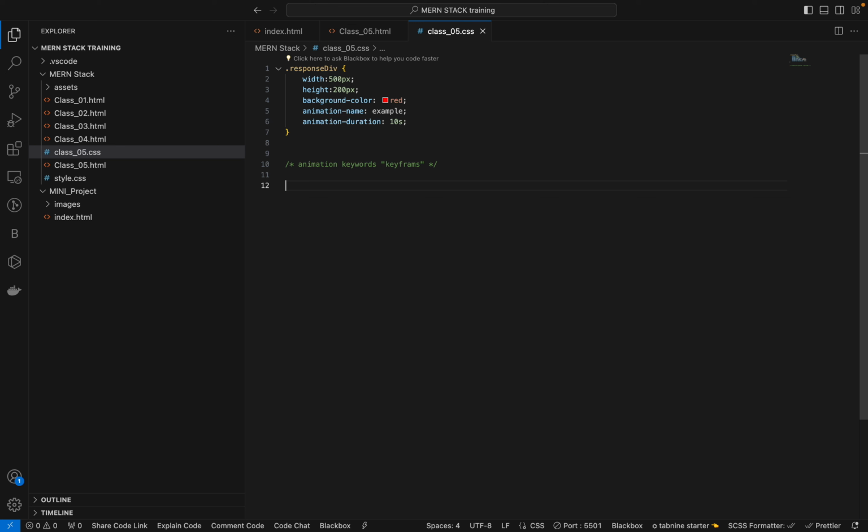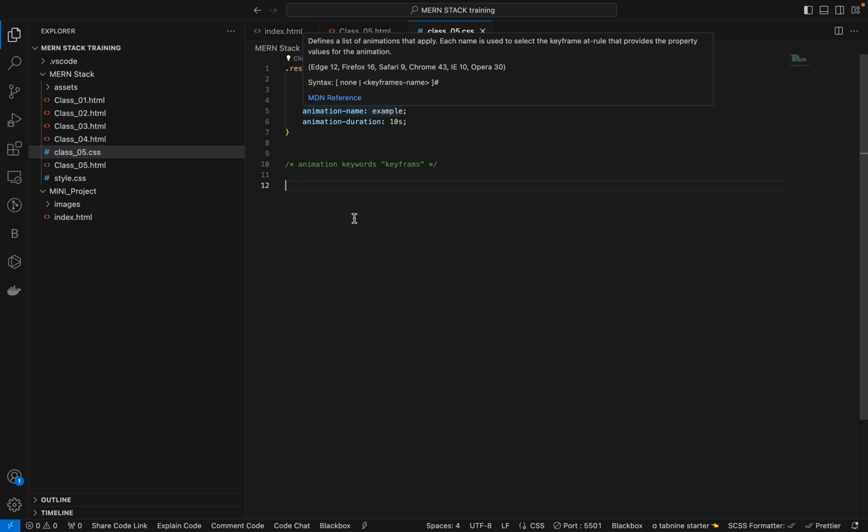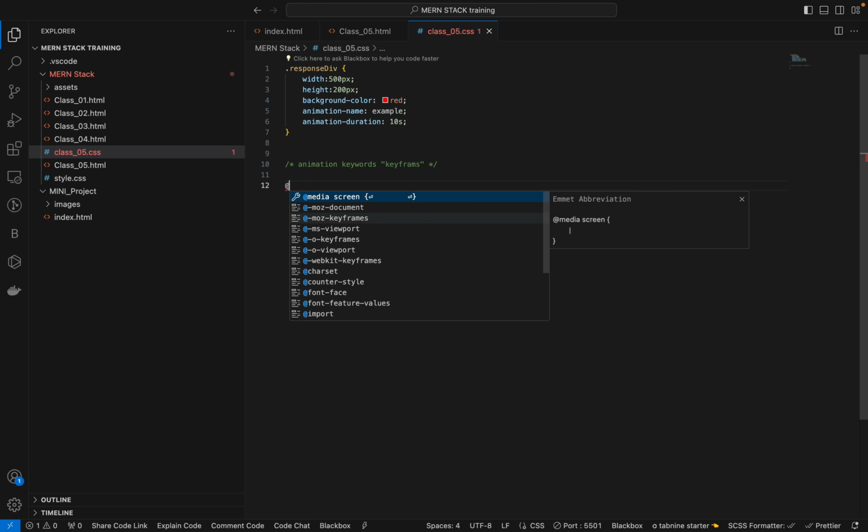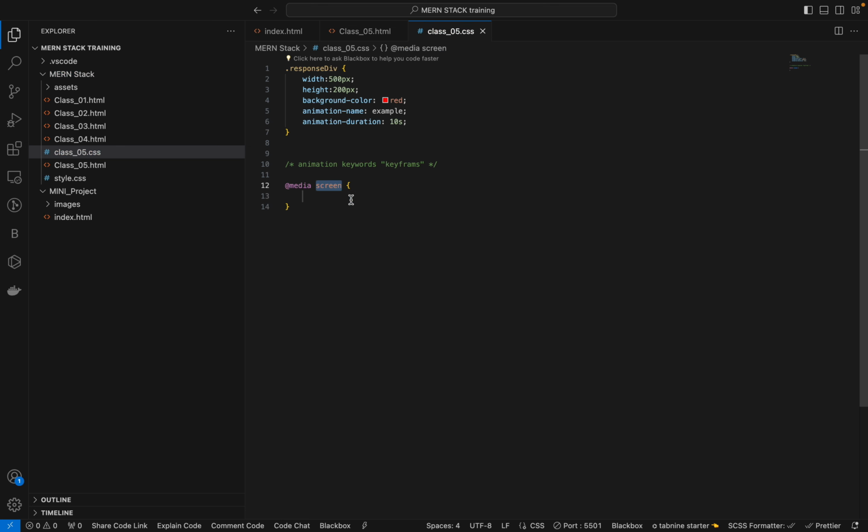So we are using media query now for the responsive designs, so that in the tablet view I need a background color as a different color, and after that in a mobile view I need a different color. Here I will use @media screen. So this is the screen, or else media only screen,